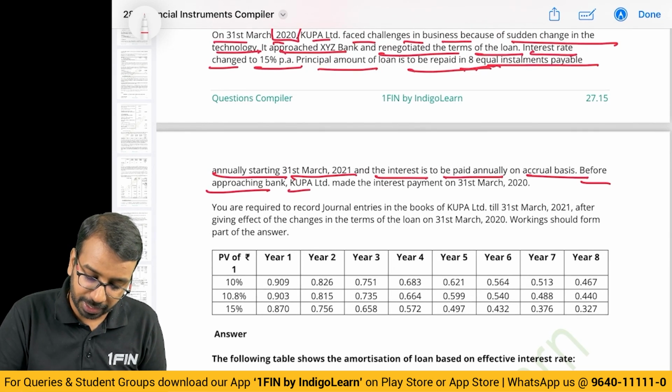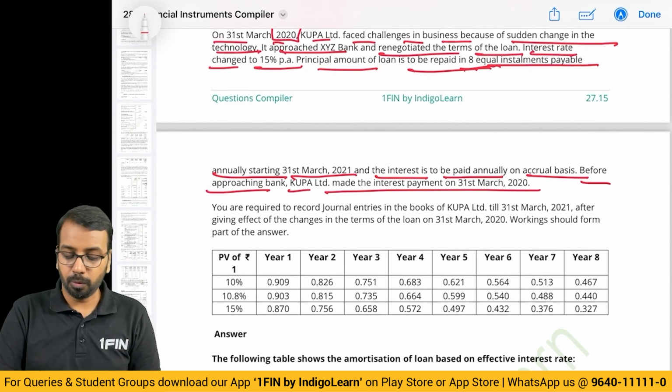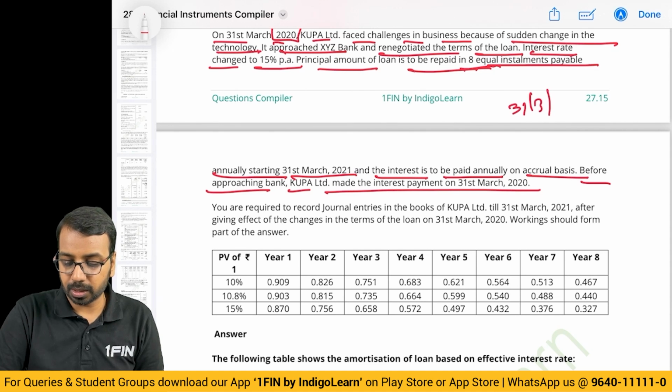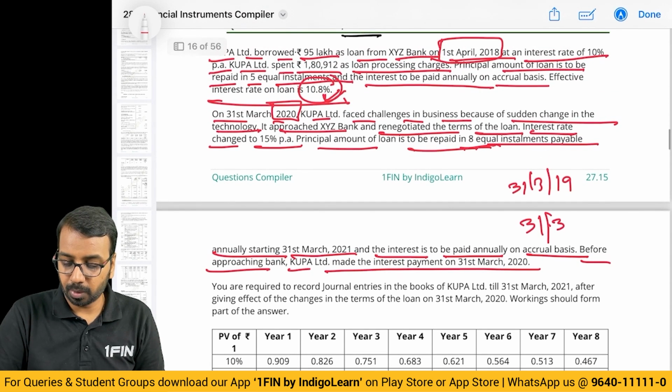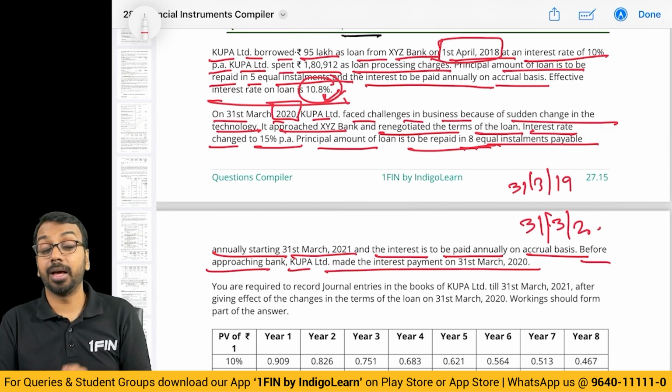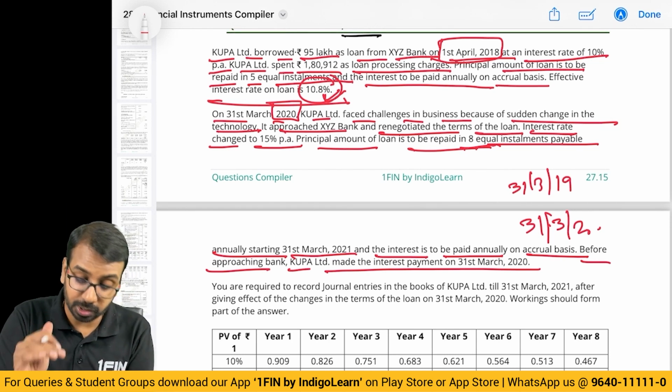Before approaching the bank, they made the interest payment on 31st March. So, they paid interest on 31st March of 19 and they made an interest payment on 31st March of 20. So, interest is paid. What is left? Principal is left. Only the principal part is left